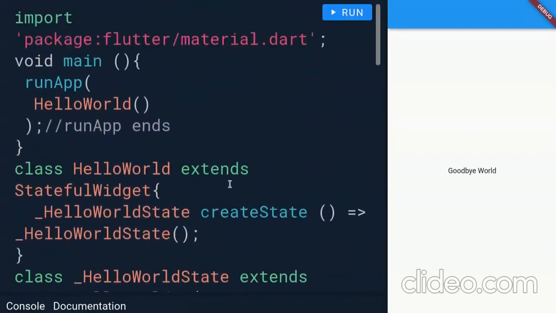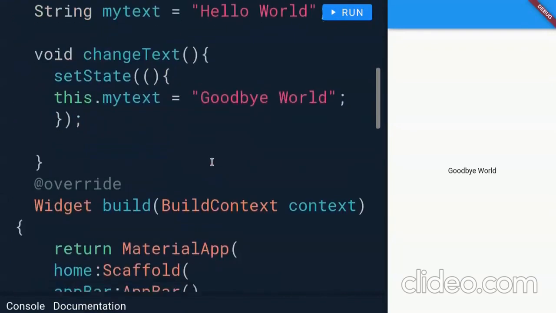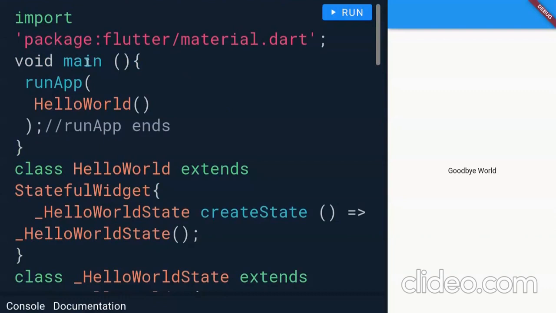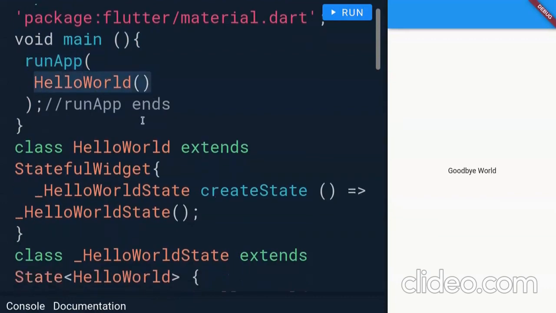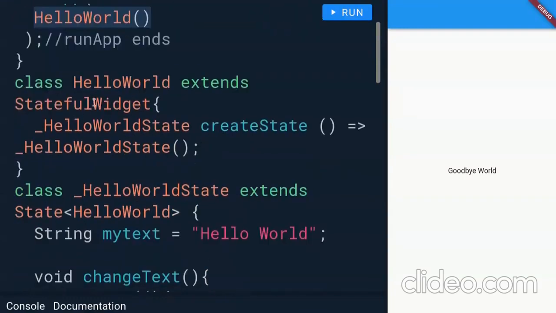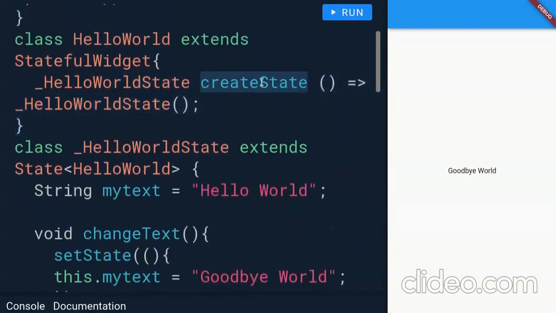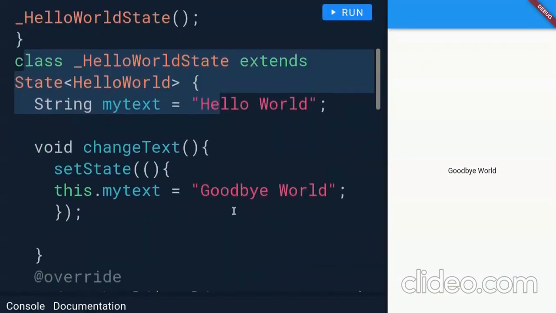Okay. So just one quick recap of the entire program. Very short and simple program this is. Hello world Flutter program, you can say. So when the program runs, it automatically searches for the main method. In the main method, we call run app. So the root of the widget tree will be the hello world widget, which is a stateful widget. All the components in Flutter are widgets. Everything is a widget. So the root will be the hello world stateful widget defined here. The hello world stateful widget has the state, initializes the state object, because create state is automatically called by Flutter. So this state object will be created.